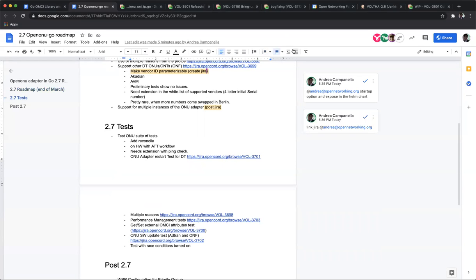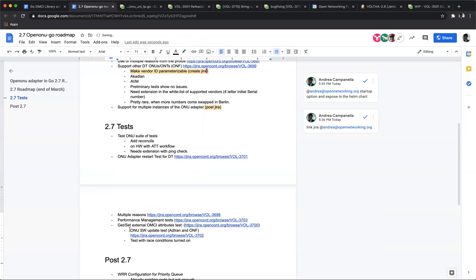We do want to add an ONU adapter restart. We do need to take into account the multiple reasons, as we were discussing before. And then we need to add tests for the things we mentioned above. So we need tests for the performance management, tests for the get and set to MCI external values, and for the software update.